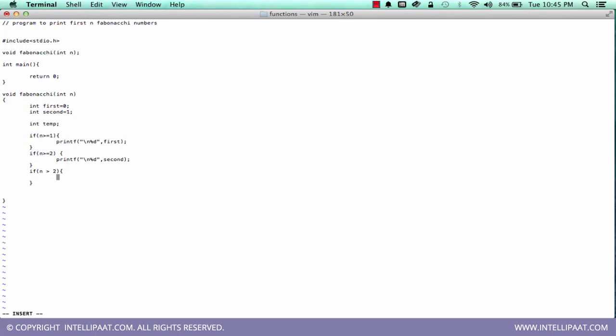I mean in case where n is more than 2, greater than 2, then we need to write some loop. So for, say, let me take one more variable, say I,